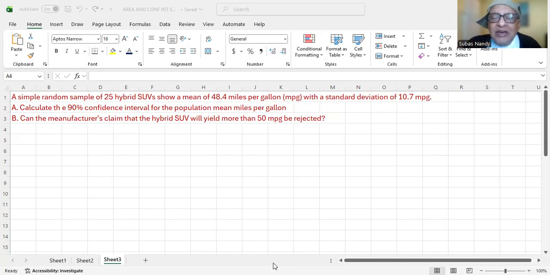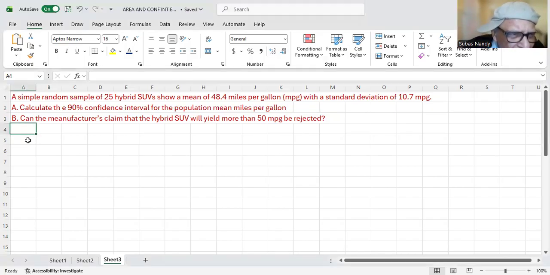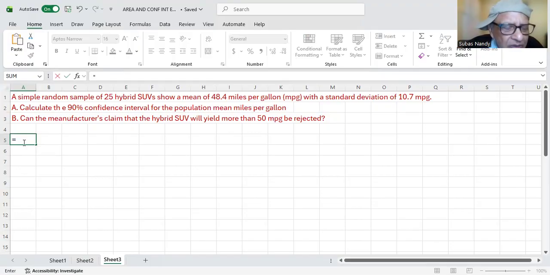In that case, we cannot use the z distribution, the standard normal distribution. We cannot construct the confidence interval using the standard normal distribution. So we will use the t distribution. So how to use it? I'm going to use Excel for part A. Since the population standard deviation is not known, use a t distribution instead of z distribution. So I write equal to